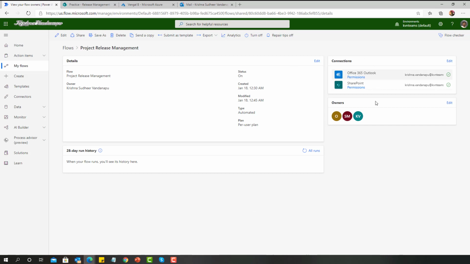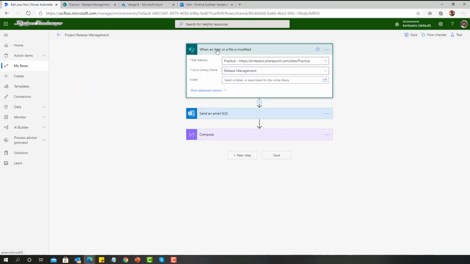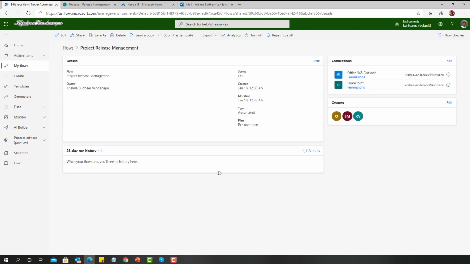The reason we don't see that option for this flow is that this flow was created with an automated trigger. This flow automatically starts as and when an item is modified in the SharePoint list. So there is no way I can mention a set of users as run only on top of this flow.